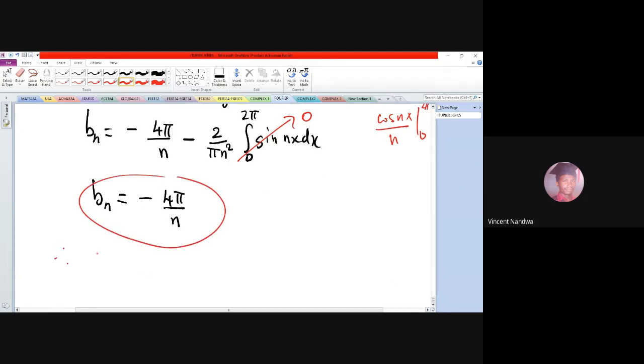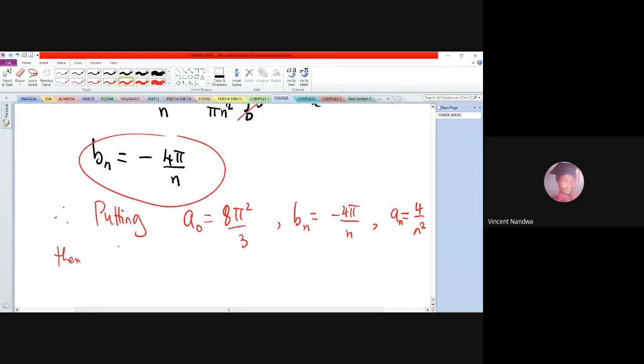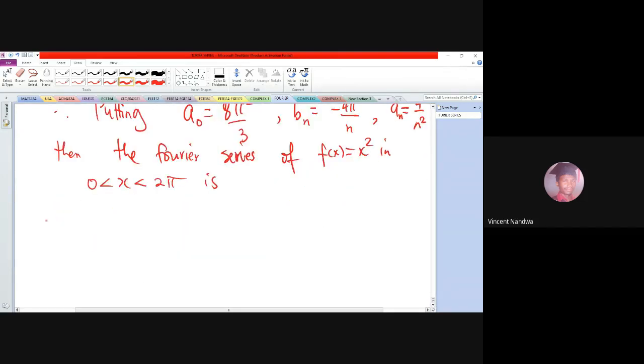So therefore, putting a naught as 8 pi squared over 3, bn as minus 4 pi over n, and an as 4 over n squared from what we have obtained, then the Fourier series of f of x given by x squared in the interval 0 to 2 pi is given by x squared, which is the same as the function, equals a naught divided by 2, which gives you 4 pi squared over 3, plus